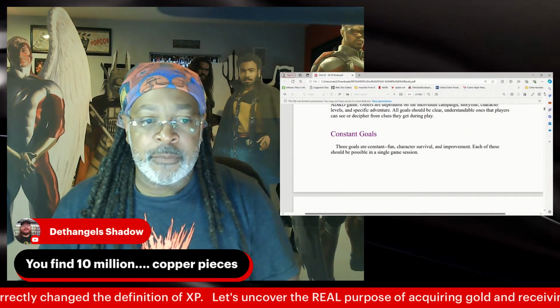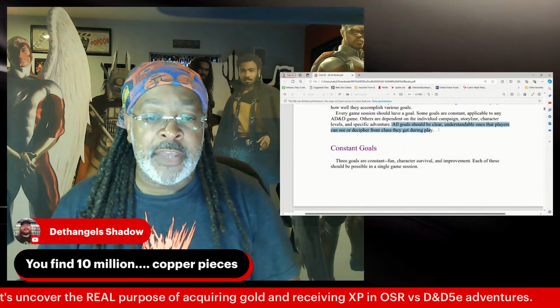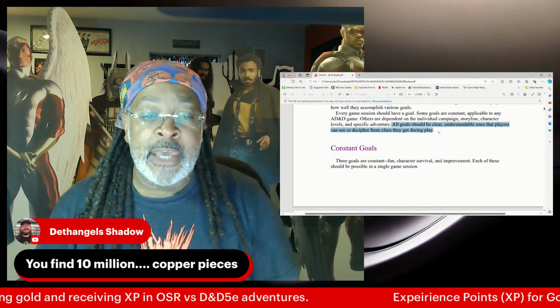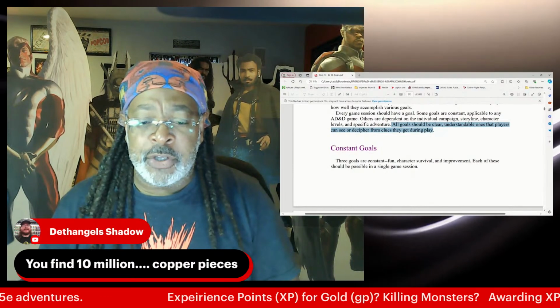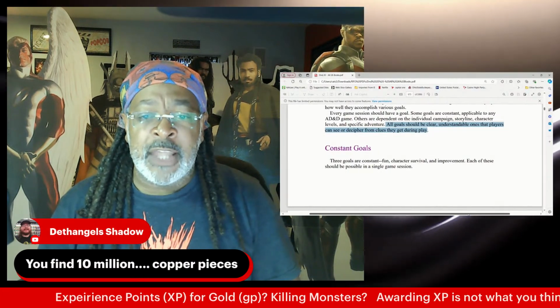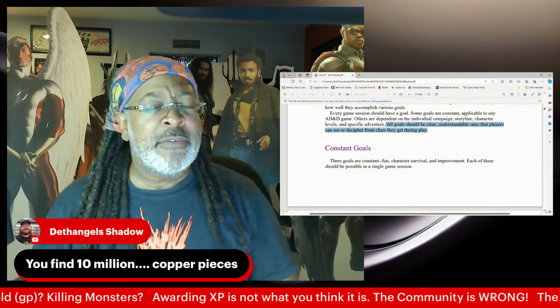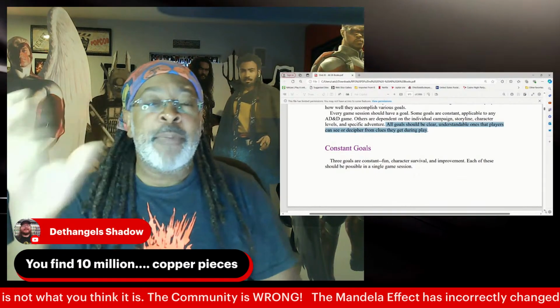So at the very end of this, all goals should be clear, understandable ones that players can see or decipher from clues they get during play. And this is where, you guys ever heard about getting hit over the head with the clue stick? That's where this line comes from. Players should be given a simple goal: defeat the big bad evil guy.